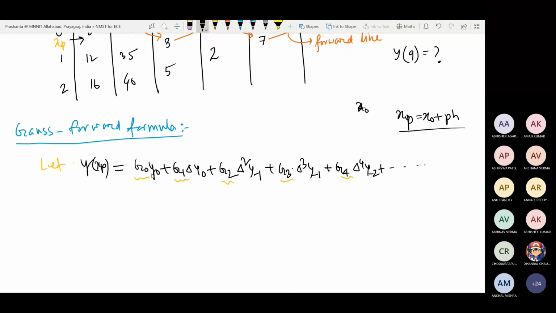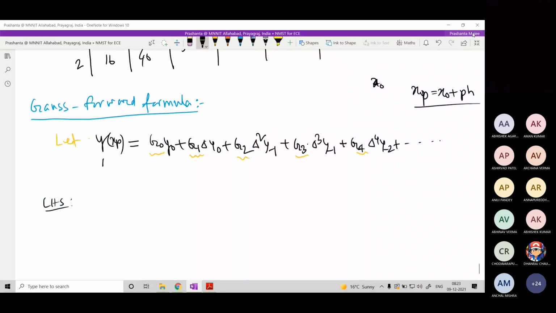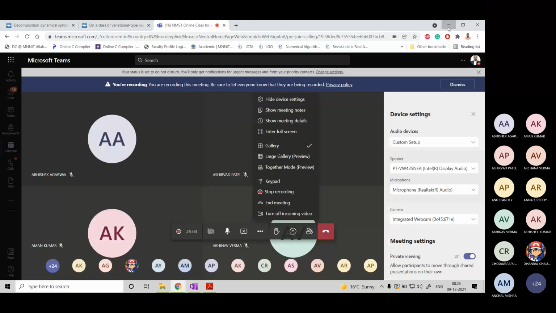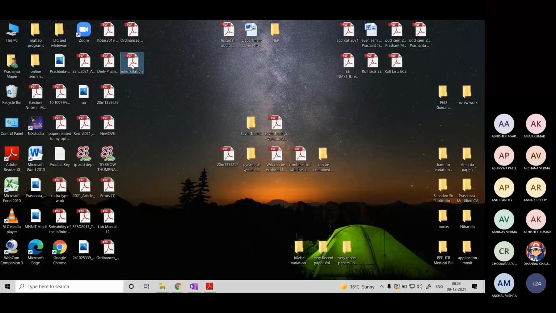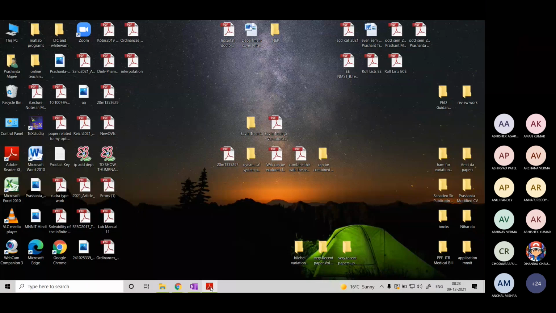Okay, so tell me what we have on the left hand side. So we'll start with the left hand side. Shall I show you the calculation from the PDF? These are a bit lengthy. If you do not understand, then okay, let me write it down. Since I'll be discussing only this formula, let me do it in detail.